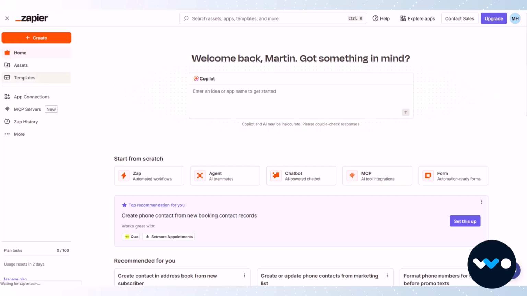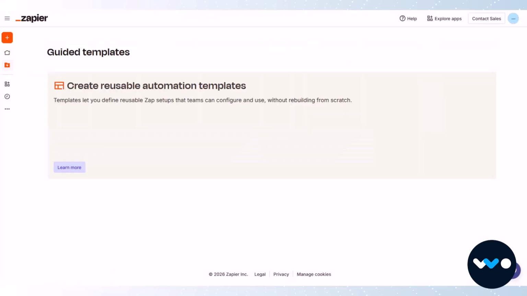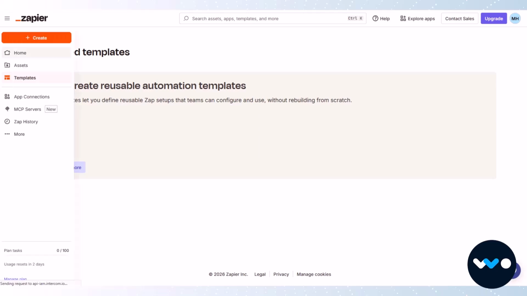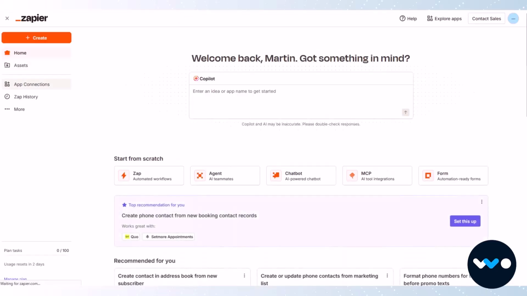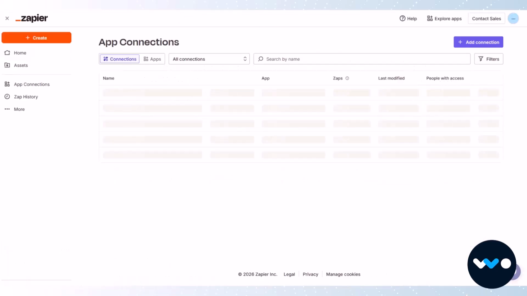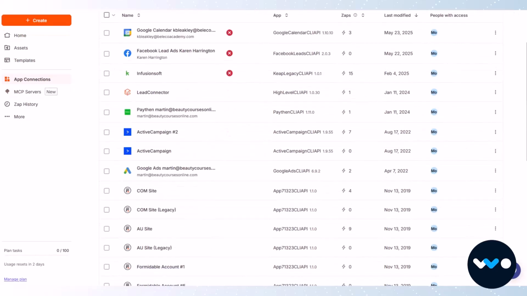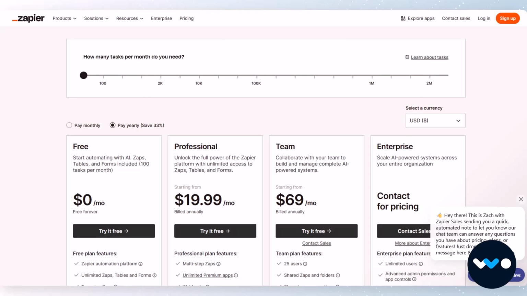It's very well documented and supported, and there's a lot of online communities where you can get help if you need it. And really, for non-technical users, you can be up and running in minutes. If you've got a really simple automation, like you need to connect a form to your CRM, you really can't beat it. Where you start to see some downsides with Zapier, especially if you are more of a power user with really big automations,